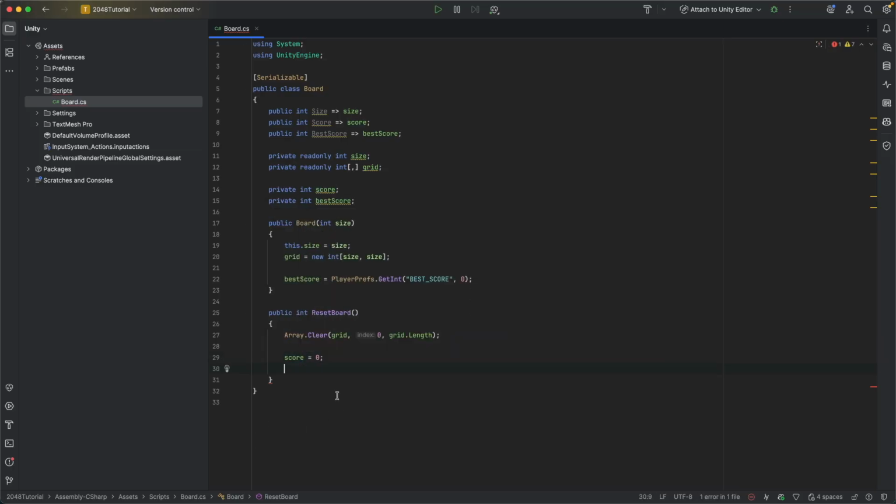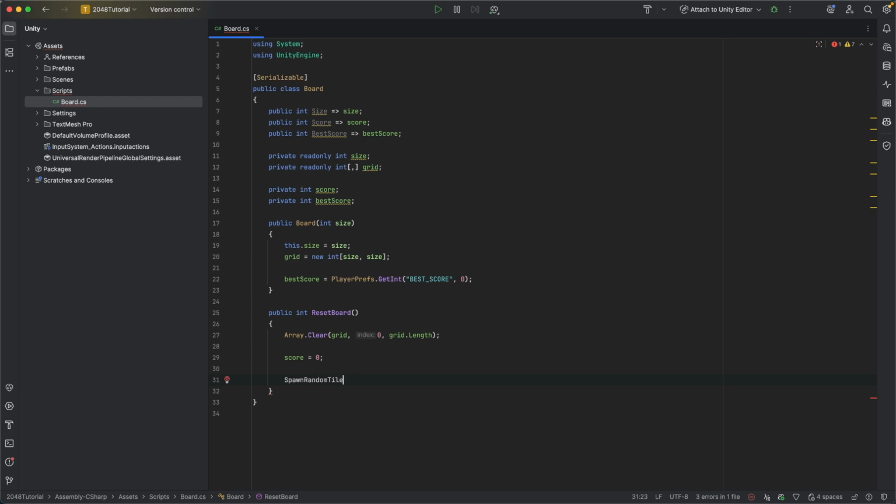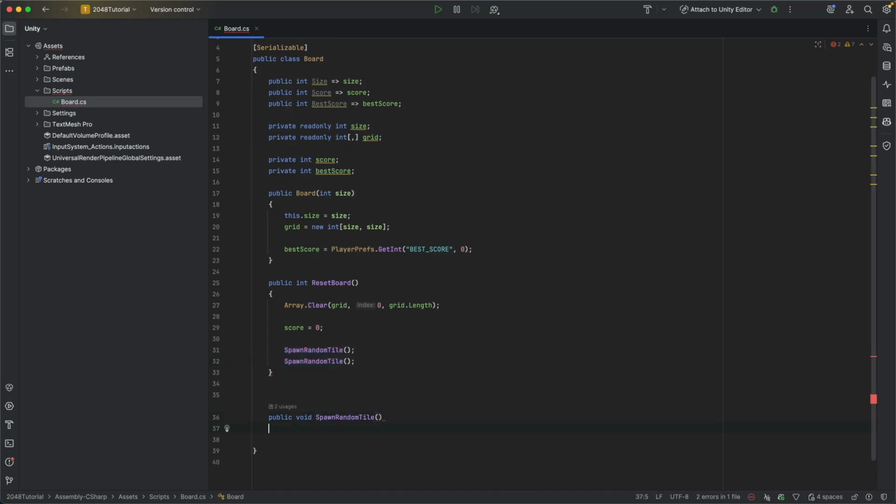And now we need to actually spawn the first 2 tiles. So we're going to start with the 2 tiles right at the start of the game. So we're going to create the function SpawnRandomTile. So that's the function we will create. Okay, so let's actually create this function now. So public void SpawnRandomTile, and this function will add 2 or 4